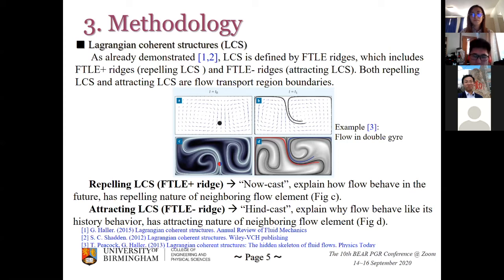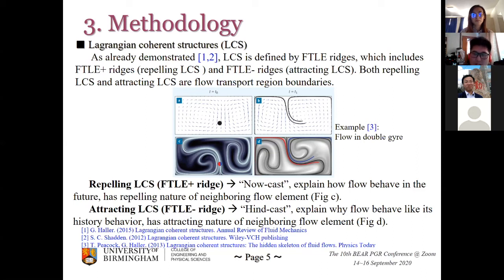If you just think the LCS is a name, we also call it FTLE ridge, the same meaning, just like the white line in figure C, and it has the ability to explain how flow behaves in the future. Why can it do this? Because